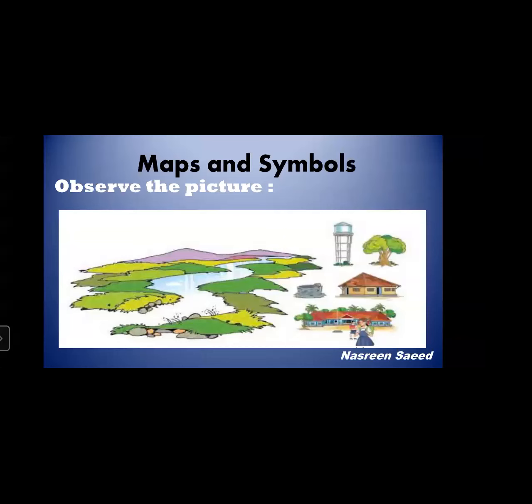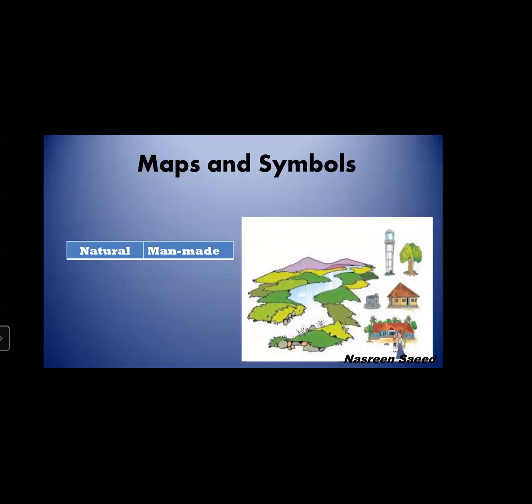In a village, they have the school. Children are standing outside the school. Can you see the girl in the uniform and the boy? Yes. So this picture is there in the textbook. Now we have to find out which of these are man-made and which of them are formed naturally.